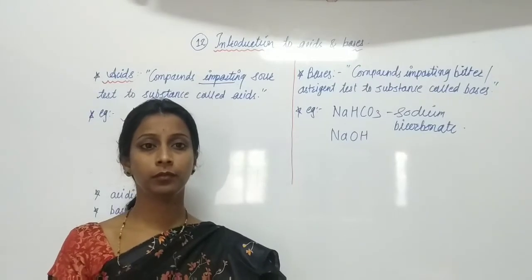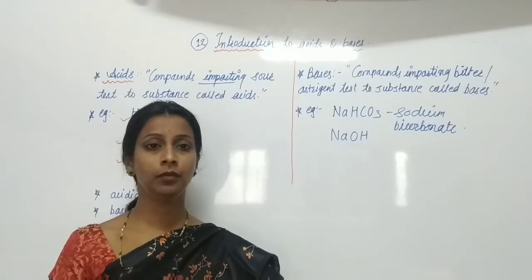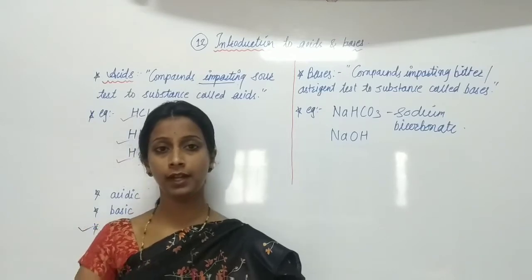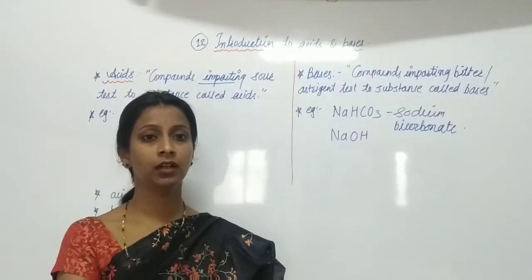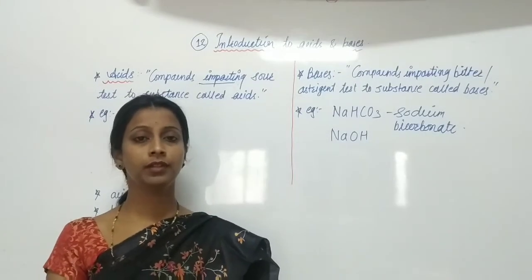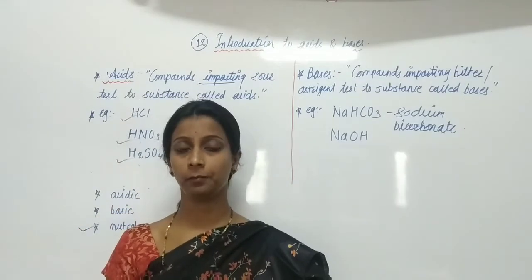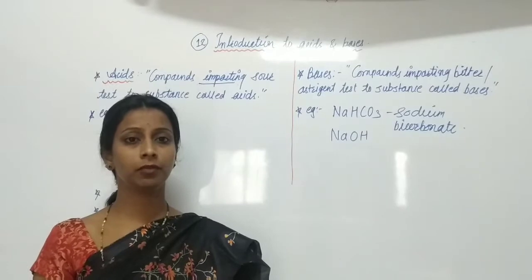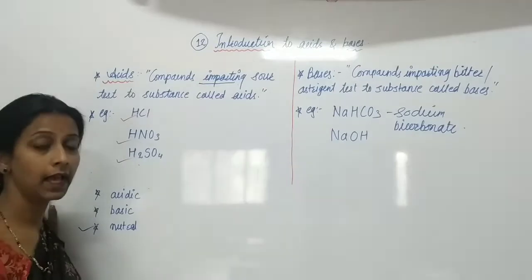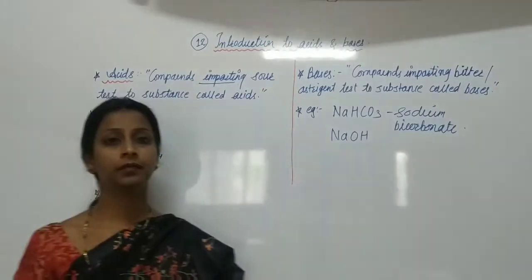Now to make dilute acids, when the acid is strong and we have to make it dilute, we add water. As we add water to the acid, it becomes dilute, or weak in nature. In this way we get dilute acids by adding water. Acids are soluble in water, they are water soluble compounds. This is the first property of acid.